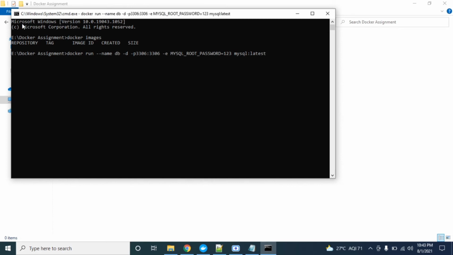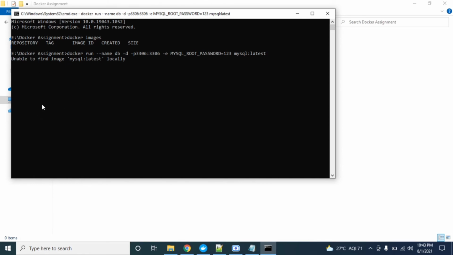Latest is the tag. What it will do is first check whether this image is present locally or not. If it is not present locally, it is going to fetch it from the Docker Hub and download it from there.